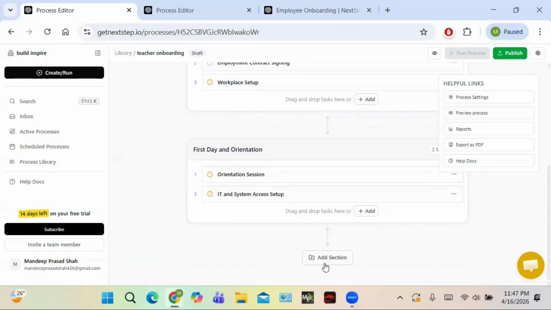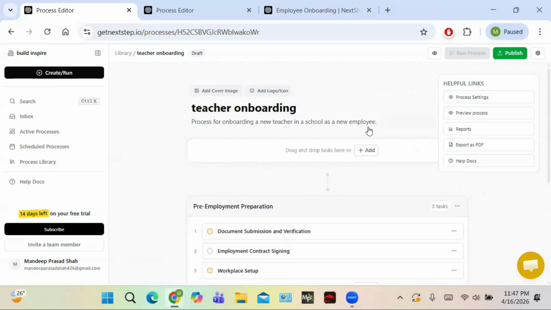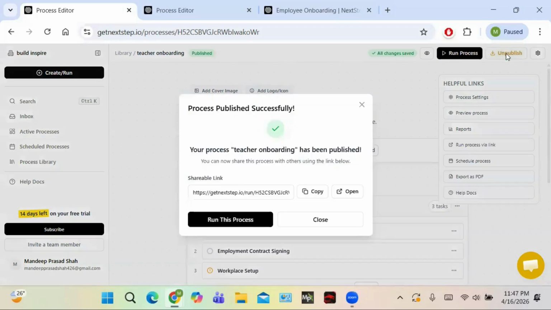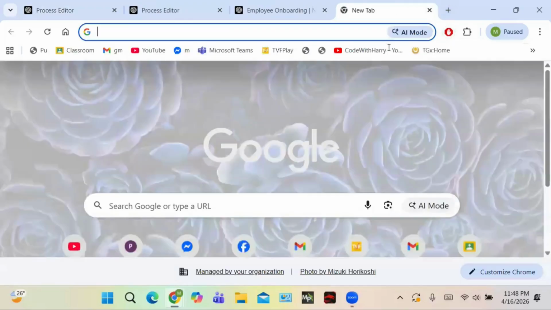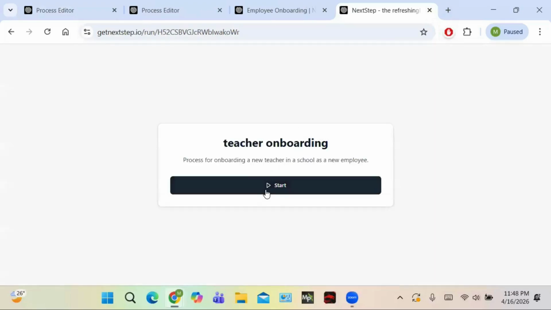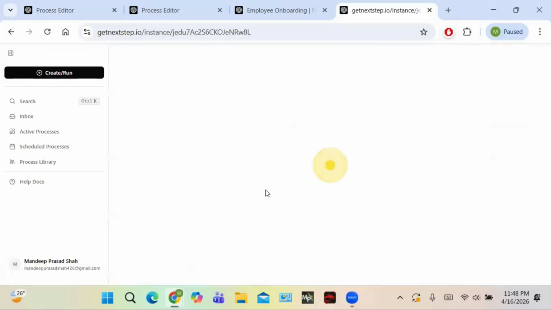And you can add sections also, but I am very much fine with this particular thing. So I'll just click on publish button, and this particular process will also be published. So let me copy this link and then click on run this process, and let us not add a due date, and let me just paste the link. So click on start button, and